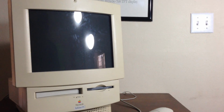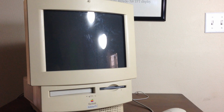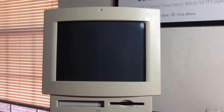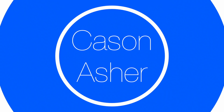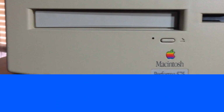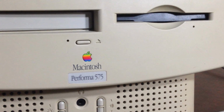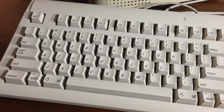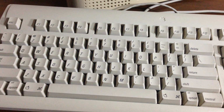The Macintosh Performa 575. This name rings a bell, eh? No? I didn't think so. This Apple computer, released in 1994 and discontinued in 1996, isn't the most memorable Macintosh, despite its glaringly obvious resemblance